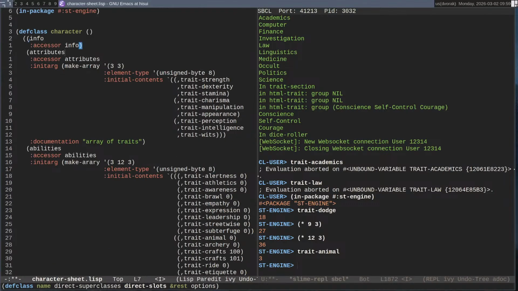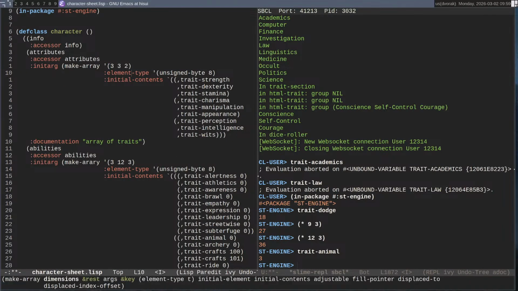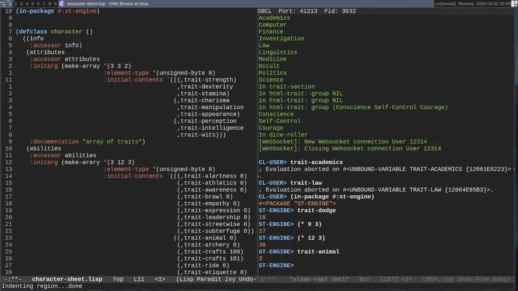In fact, this one needs to be 2 because I need to store values in these. So we need to store what actually is it. And technically, I don't need to do it with the attributes because they're always going to be the same.